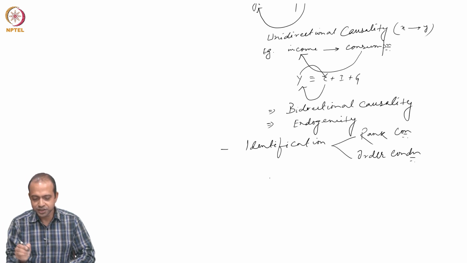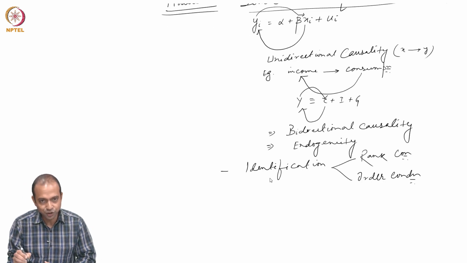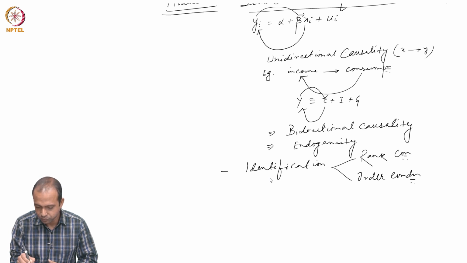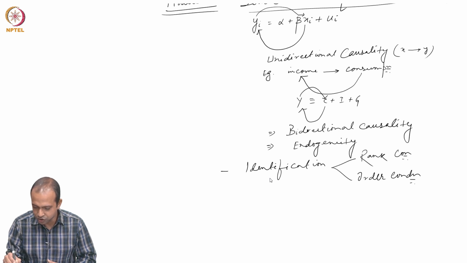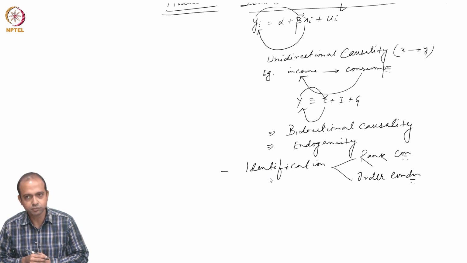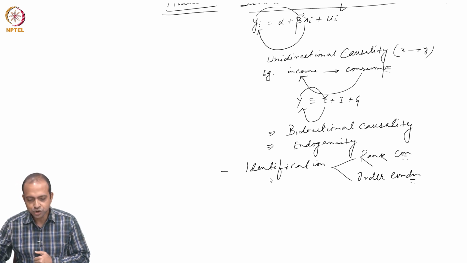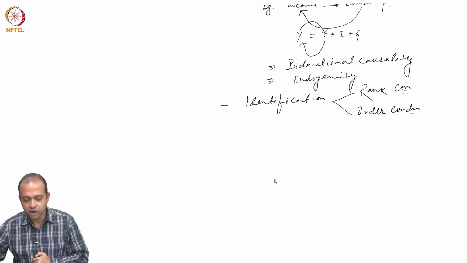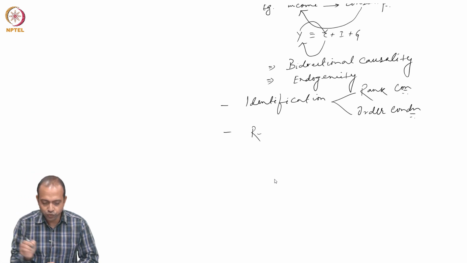We will also discuss some important concepts here, like the reduced form equation and structural form. Okay. So, these are going to be the points that we are going to discuss in module 2, which is the simultaneous equation model. Then in module 3,